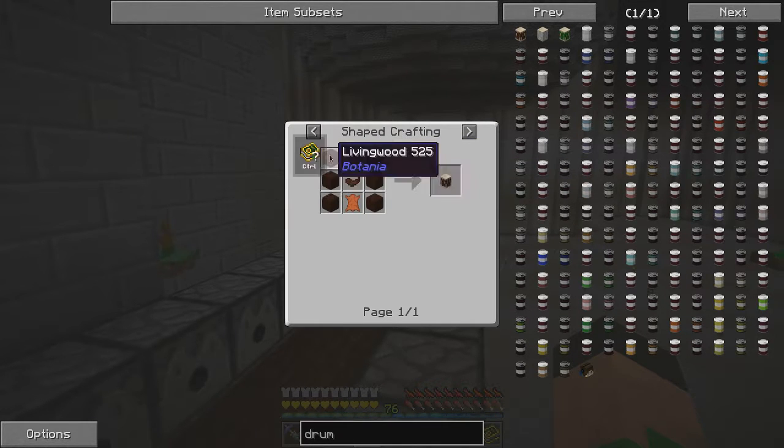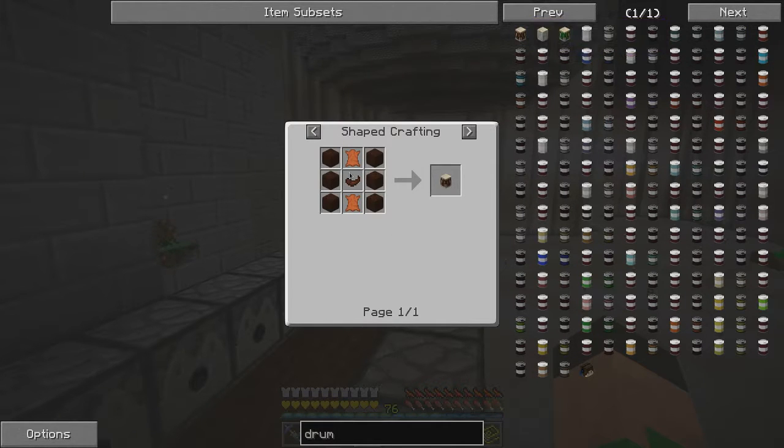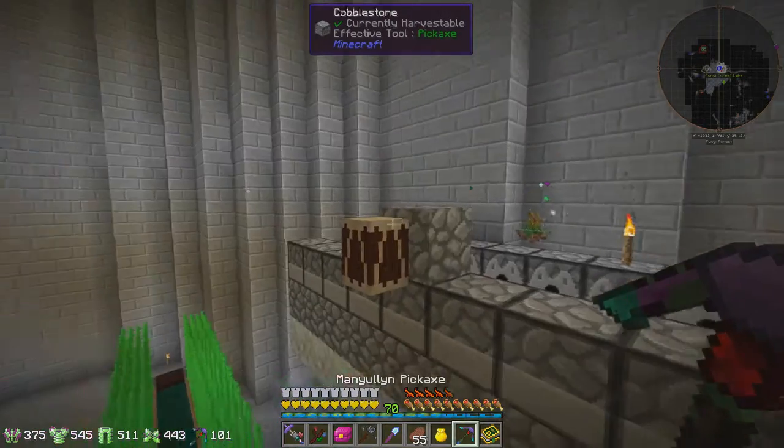living wood, horn in the wild, 2 pieces of leather, fairly simple. Oh, and 1 more pasture seed. Okay, so I'm going to have to collect some living wood and make this. Be right back, folks. So now we have the Drum of the Wild,